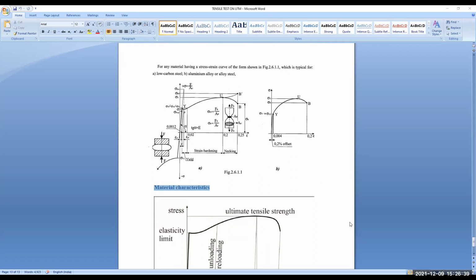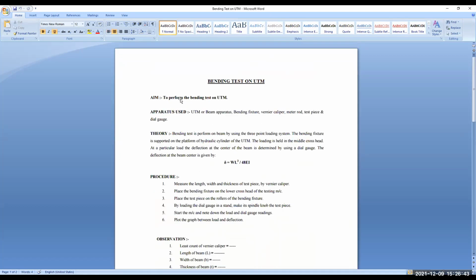Bending test. Now, here the aim is, of course, to perform the bending test. The apparatus: UTM, bending fixture, vernier caliper, meter rod, and test piece. The bending test is performed on a beam by using a 3-point loading system. The bending fixture is supported on the